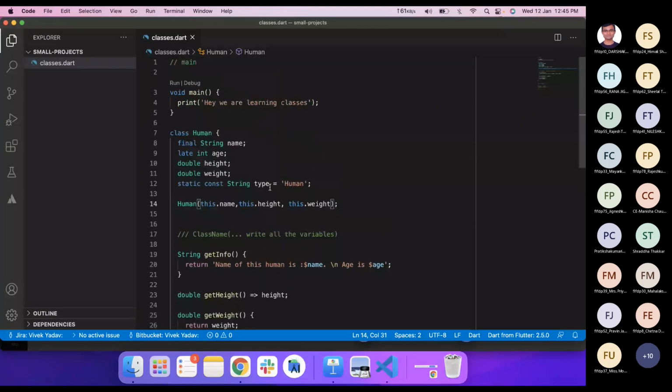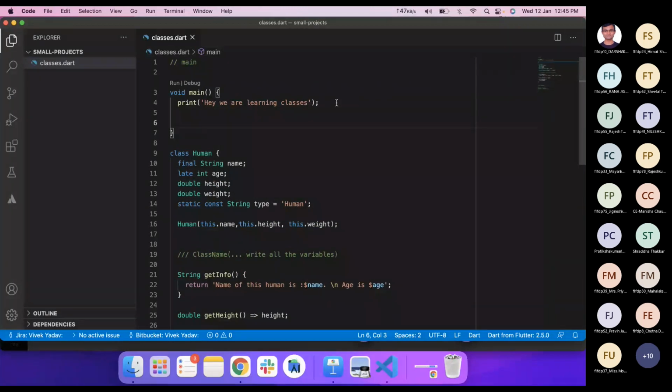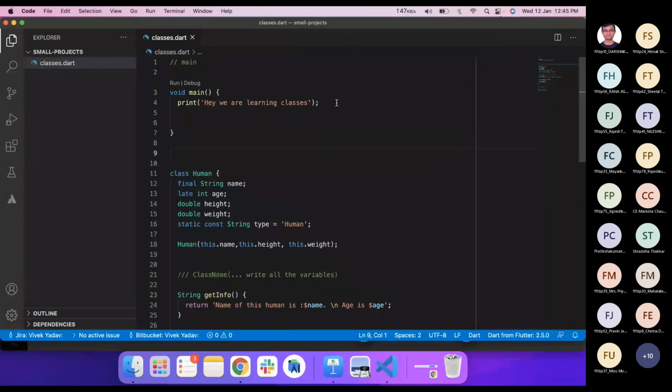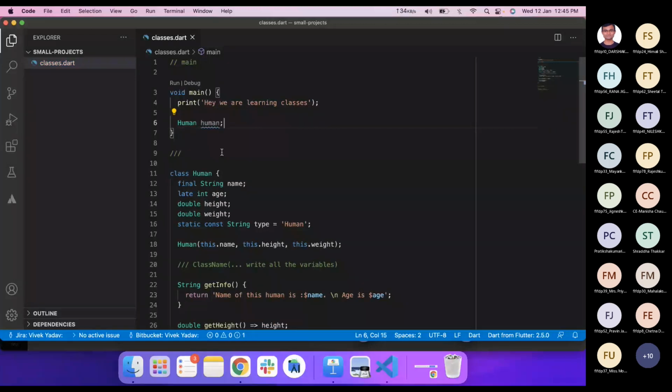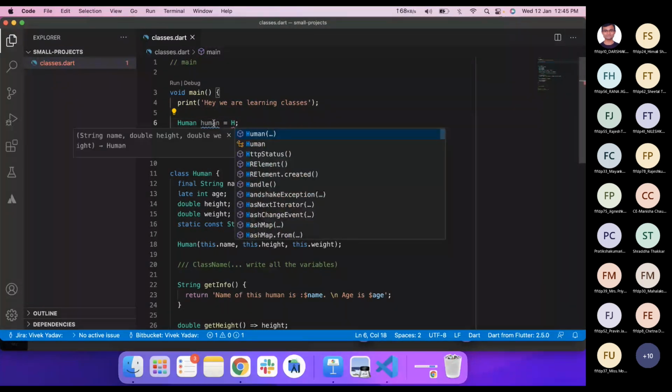Okay, so let's try to create an object of Human. We all know that we can create an object of any class, so let's see how we can create it, and after that we will see its formation. First we will write Human as the type and then the variable name. An object is nothing but a variable of our own custom class, right? So we are creating an object of Human, the class which we have created. The type is the class name, then the variable name, then equals to. After that we have to write our constructor here.